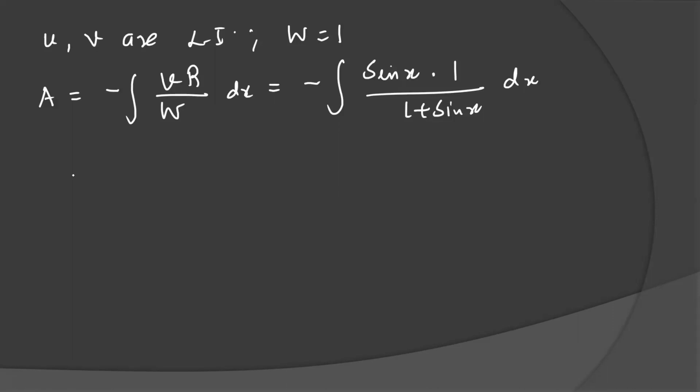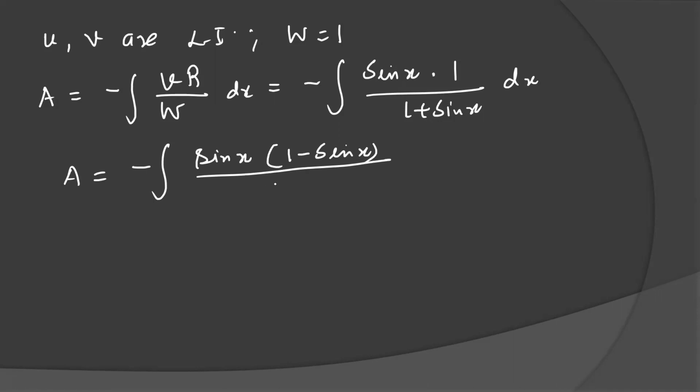So what is the way to integrate it? Very easy. We can just add 1 or subtract 1, or you can multiply with the conjugate. So 1 minus sin x is the conjugate, the denominator will be 1 plus sin x times 1 minus sin x, so 1 minus sin square x, that is cos square x, dx. Now you separate it, you will get minus sin x over cos square x dx